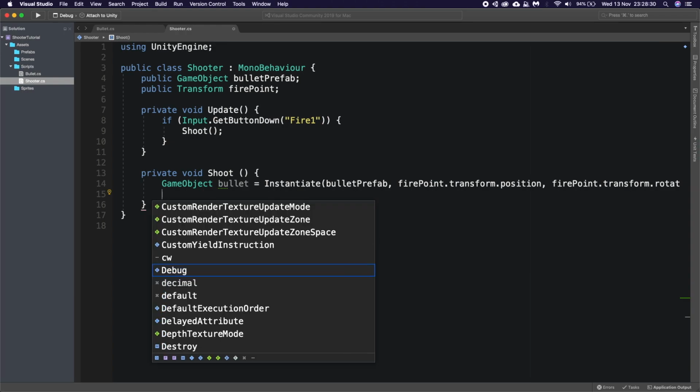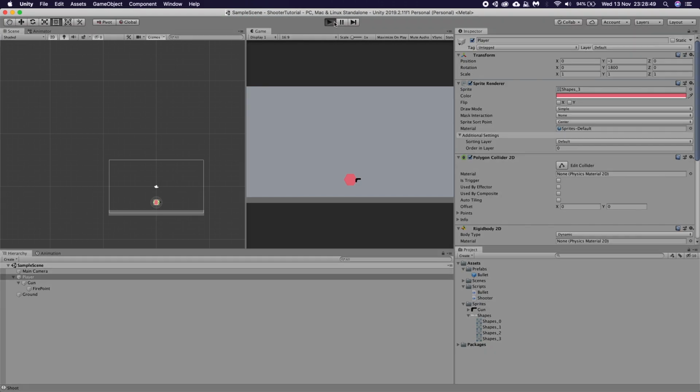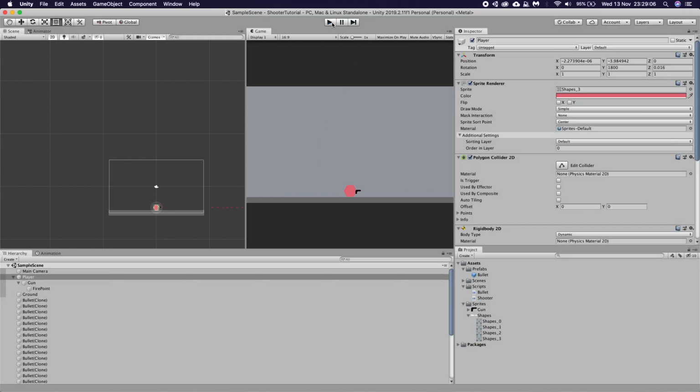Now, once we've spawned it, we want to say Destroy, and we're going to say bullet. We're going to give a second parameter, which is how long we want to wait until it gets destroyed, and we're going to say 5f, which stands for 5 seconds. So we're going to destroy the bullet after 5 seconds of it being spawned. If we go back in and click play, and I click, you'll see we shoot bullets, and after 5 seconds they destroy themselves. If we just spam, we can shoot loads of bullets as quick as we want, because we can just tap, tap, tap. So that is how we can spawn the bullet.